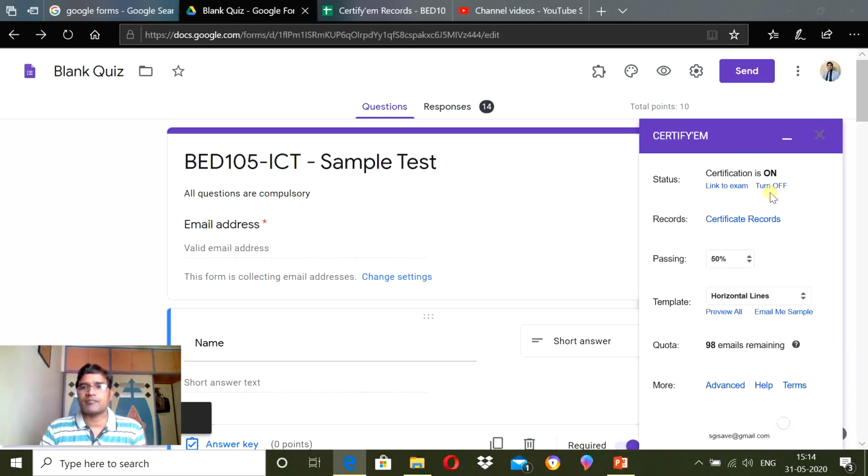It's here. Now here the passing criteria is 50%. So whoever gets 50% marks will receive the certificate, otherwise they will not receive any certificate. So now you have to check the record with what is their score.